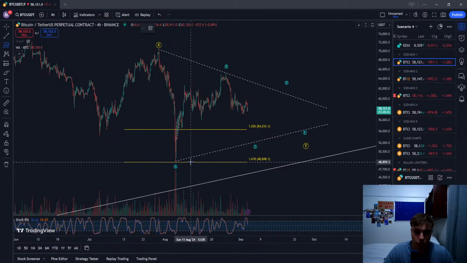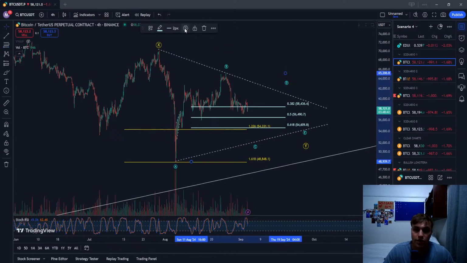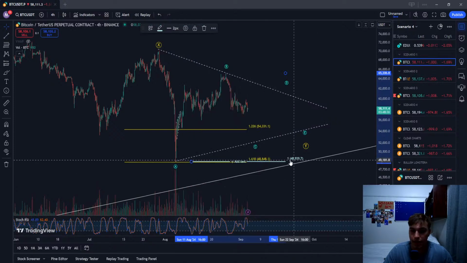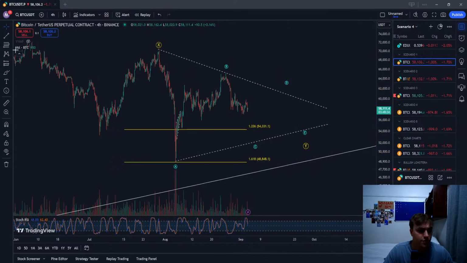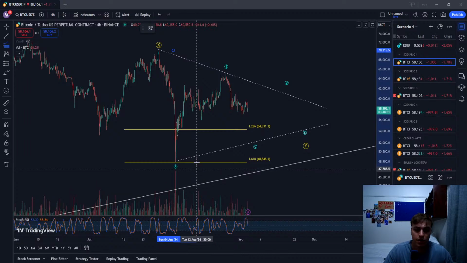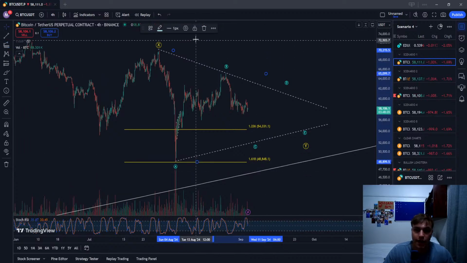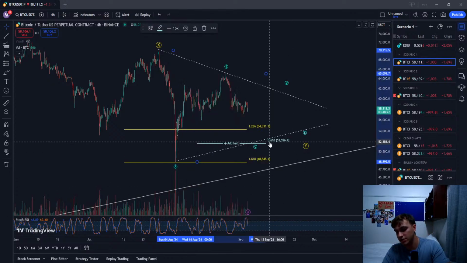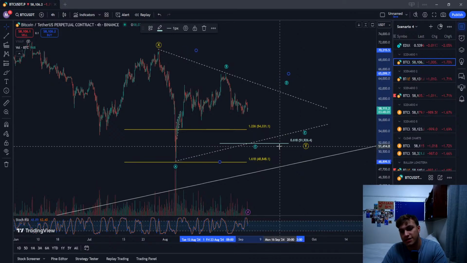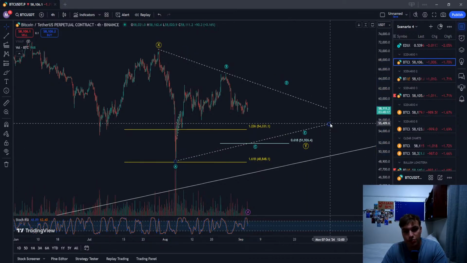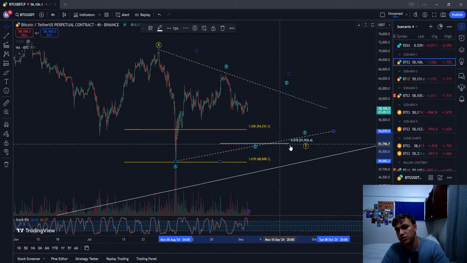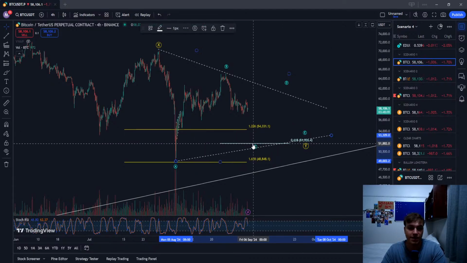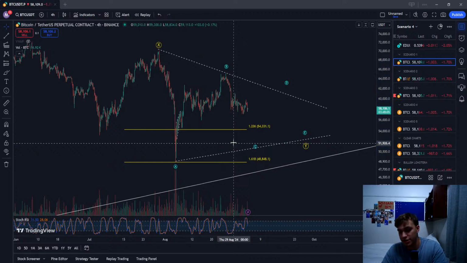Can actually draw some fib targets here, see where the C wave is targeting. It's not allowed to touch a 1-to-1. Sorry, this should be from the B wave. So here, can't touch a 1-to-1, but often targets the 0.618. So we're looking at somewhere around here. Yeah, you see, 0.618 sits at this move here, even lower. So let's see where Bitcoin decides to find support, because this would be quite a ranging time. But let's wait and see.